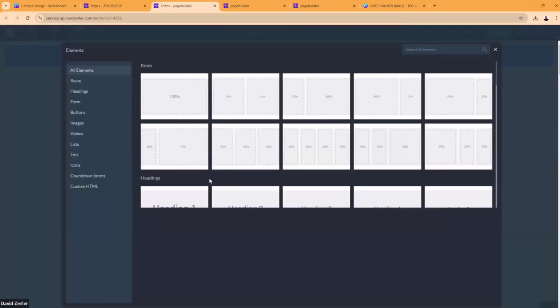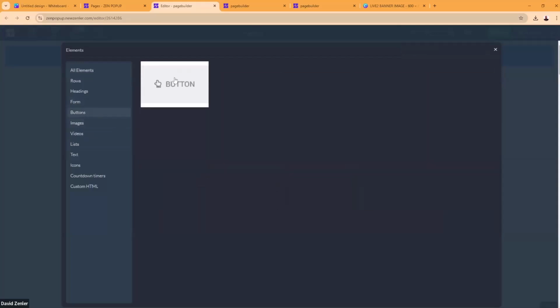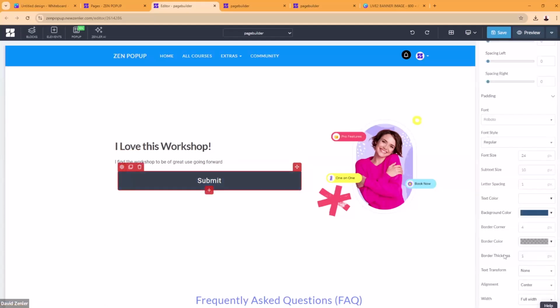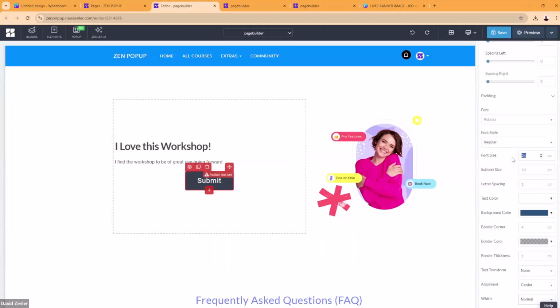So the next thing I want you to do is click in here, and I want you to create a button. So inside here, we're going to create a button. This is the first time I've used buttons. Again, in the settings of the button, I'm not going to have it full width. I'm going to have it normal. Also, that text is far too big, so I'm going to set this down to about 19 in here.